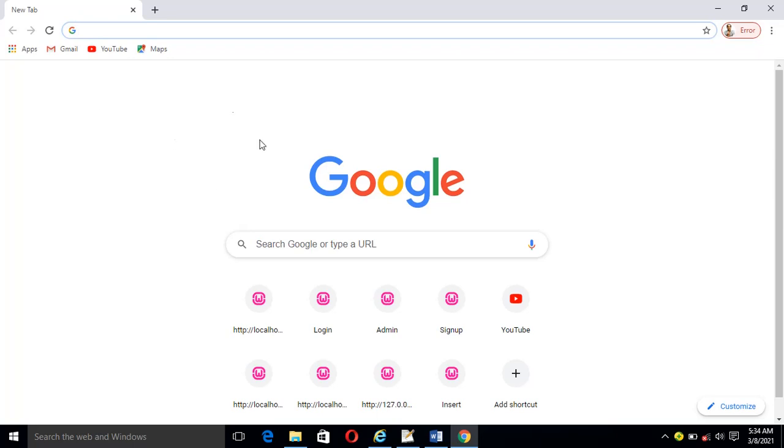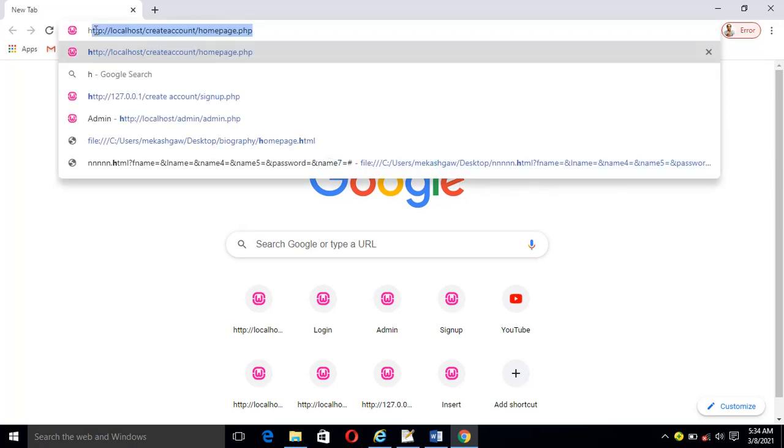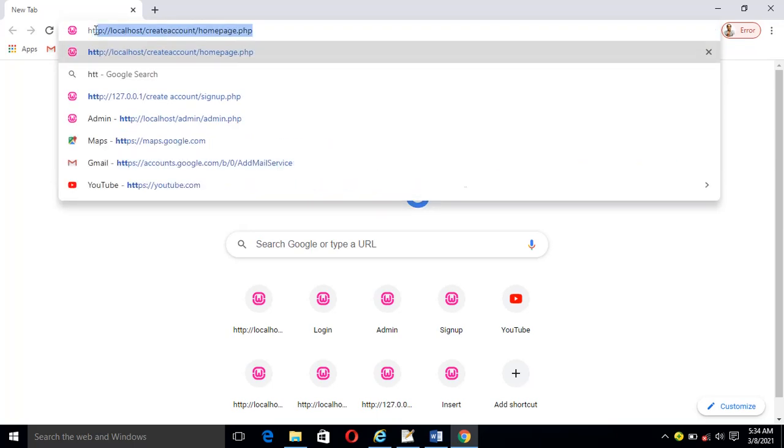Okay, now on the search bar, like for any website, I will type HTTP like this. Here it says HTTP colon forward slash forward slash localhost forward slash create account forward slash